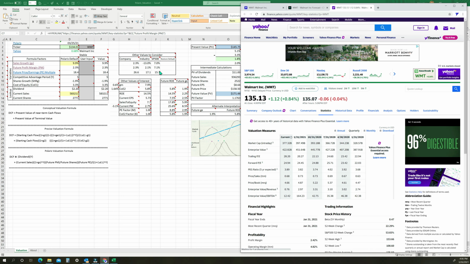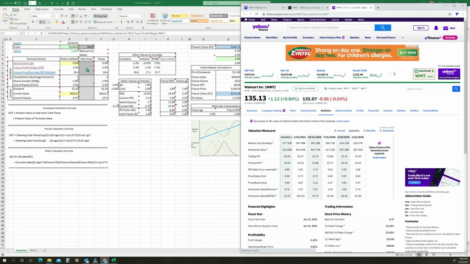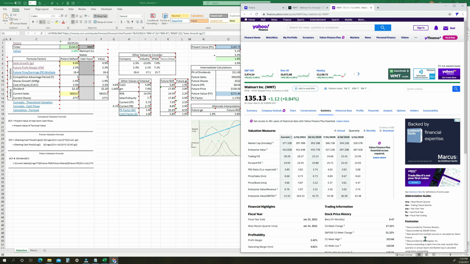The importance of these two input values is captured in a quote from Gary Gray, a professor at the Wharton School of Business at the University of Pennsylvania. He wrote, "The ability to forecast sales and profit margin is what separates the all-American stock analysts from their lower-paid kin." Next is the future price earnings multiple. We're going to skip that for a couple minutes and come back to it after going through the remaining input